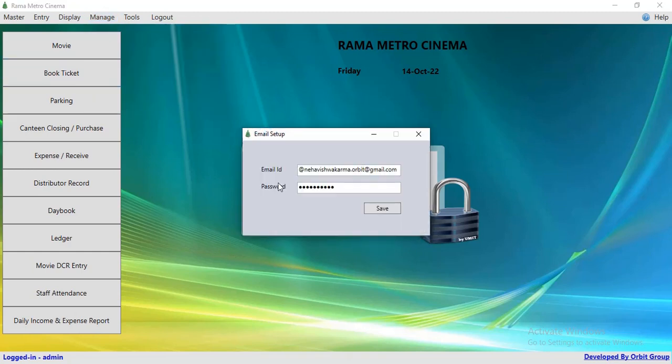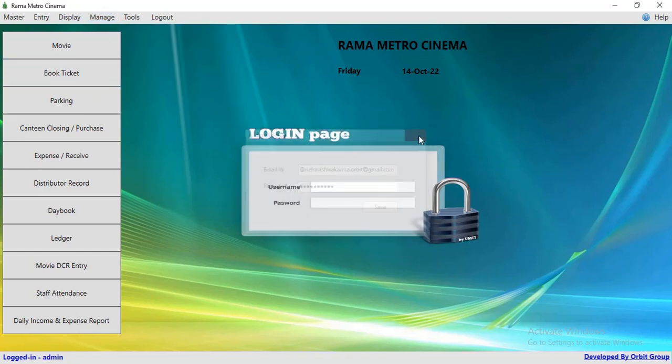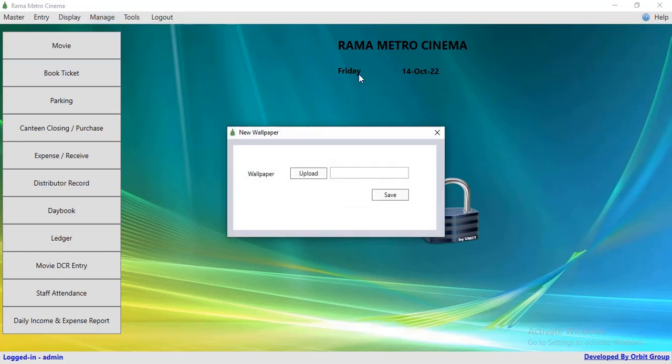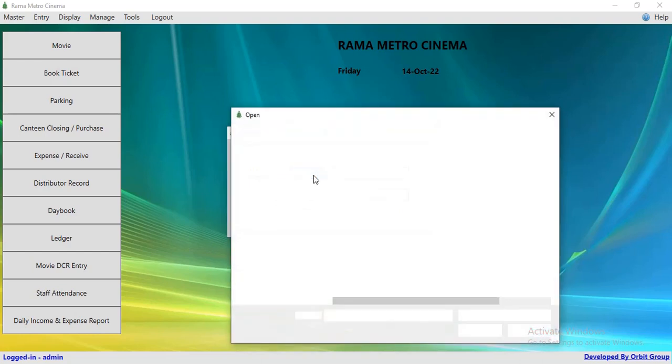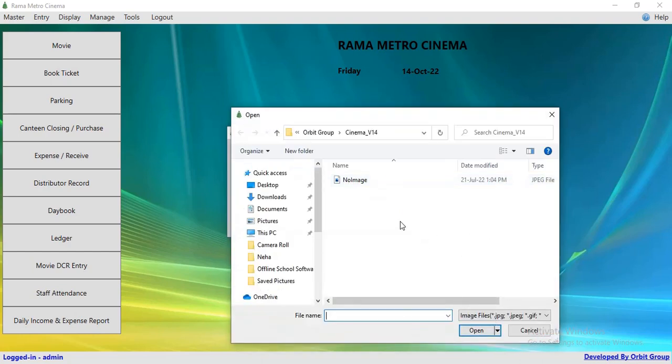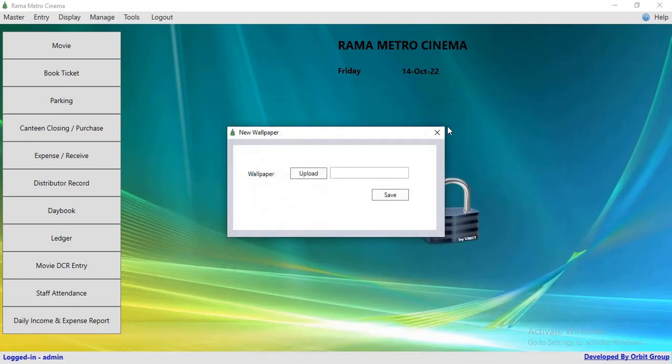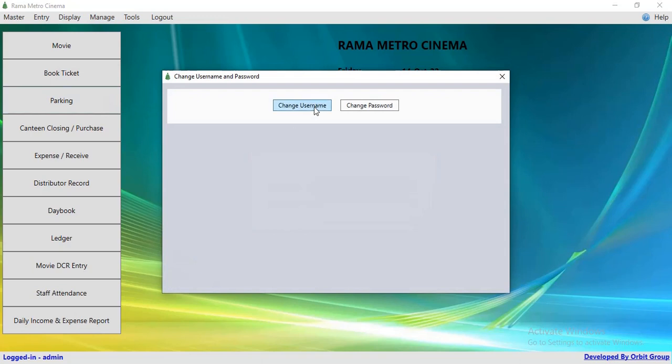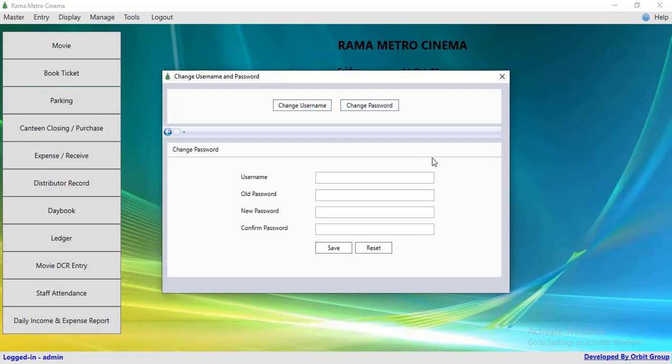You can set up the email in the software, and you can change the wallpaper of the dashboard from the upload button. You have to click on the upload button, then you have to select the image, then click on the open button to change the wallpaper. Admin can change the username and password of the software,